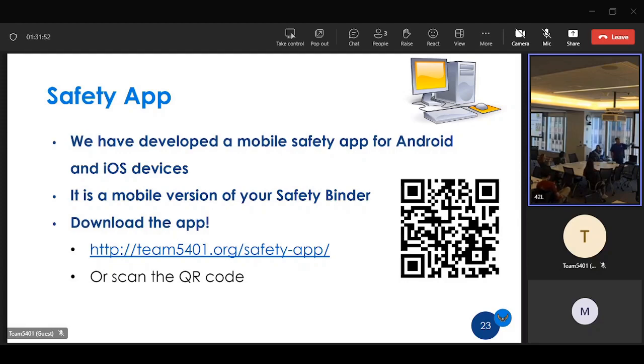You can scan the QR code to be redirected to our website, which has details on how to download the app. And for the app, you can make it customizable for your team and upload your information for it. We are looking to revamp it this year because it's a little bit outdated as far as the type of software that's used for it. But on the website, we have links to instructional videos to help you go through it and how you can upload your own team information on it and have it for your